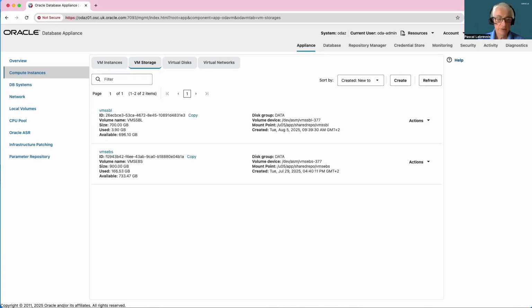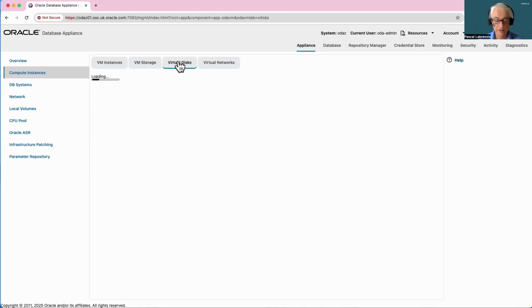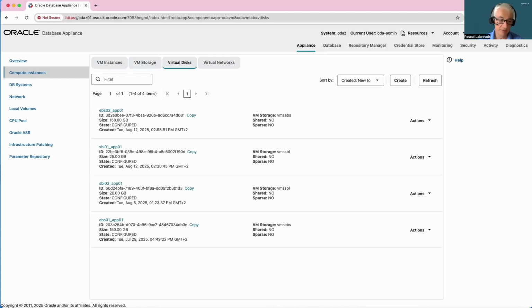You can also see the virtual disks that are available on this ODA. So you can not only create VMs, but also assign virtual disks to them. I have 4 virtual disks already created, one for each VM, of different sizes, 150 gigabytes, 25 gigabytes, etc. You can configure the virtual disk sparse or not, shared or not between VMs.